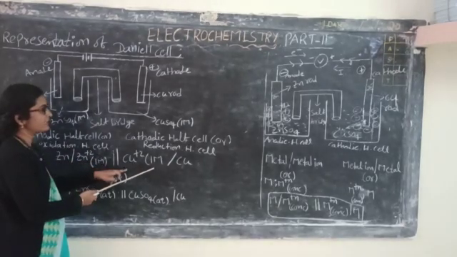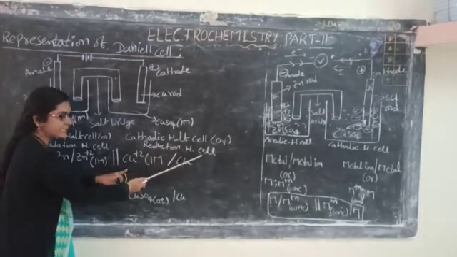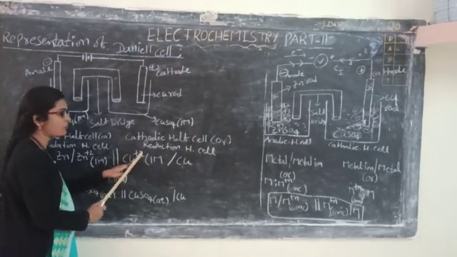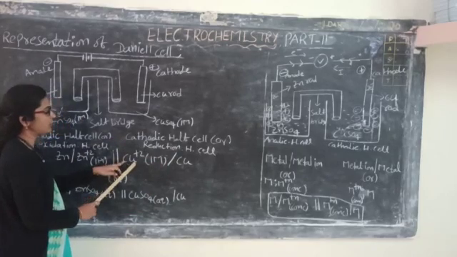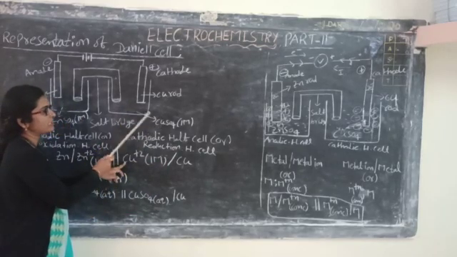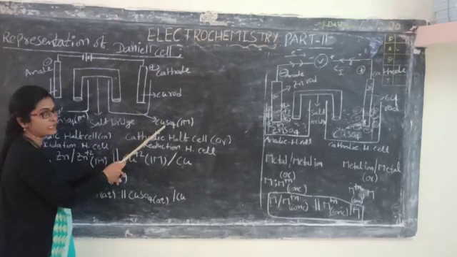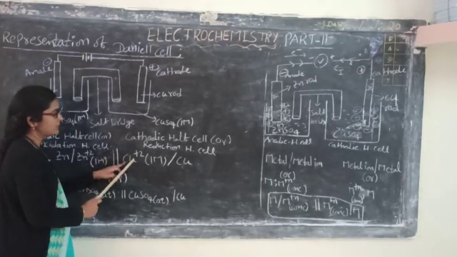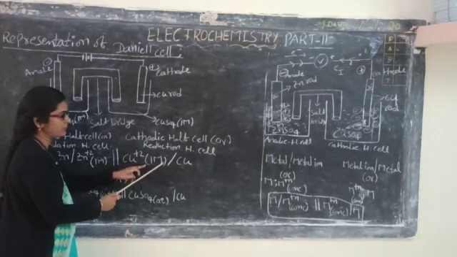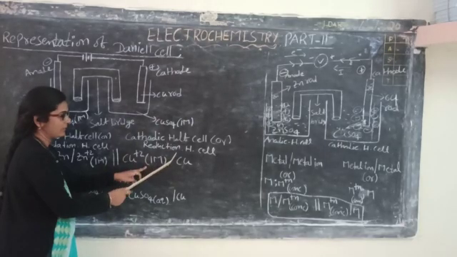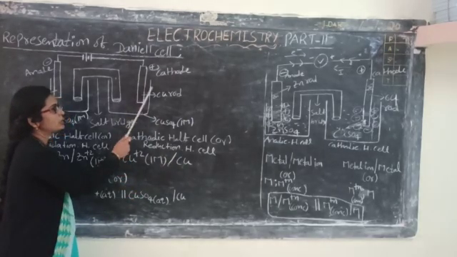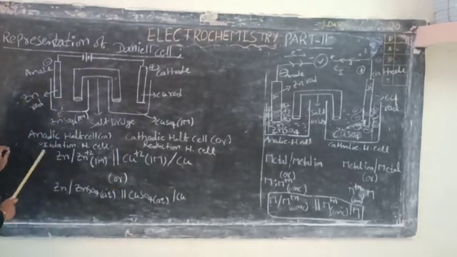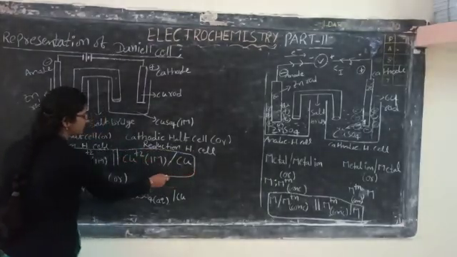On the right hand side, this is the cathodic half cell. Reduction takes place here. How do we represent the cathodic half cell? What is the condition? That is metal ion followed by metal. Which electrolyte do we take on the right hand side? Copper sulfate solution. In copper sulfate solution, the copper ion is present, so that's why Cu2+. What is the concentration? 1 molar, represented in brackets. Followed by what? Which rod is present here? Copper rod is present, followed by copper. So this is the representation for the Daniell cell.